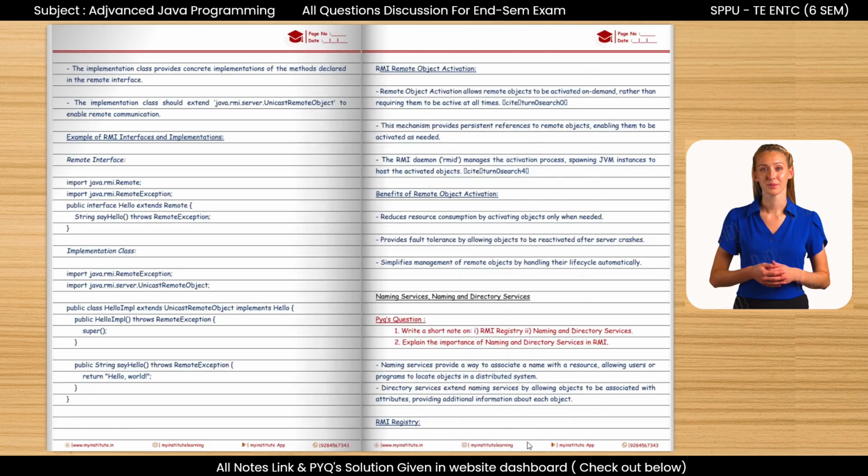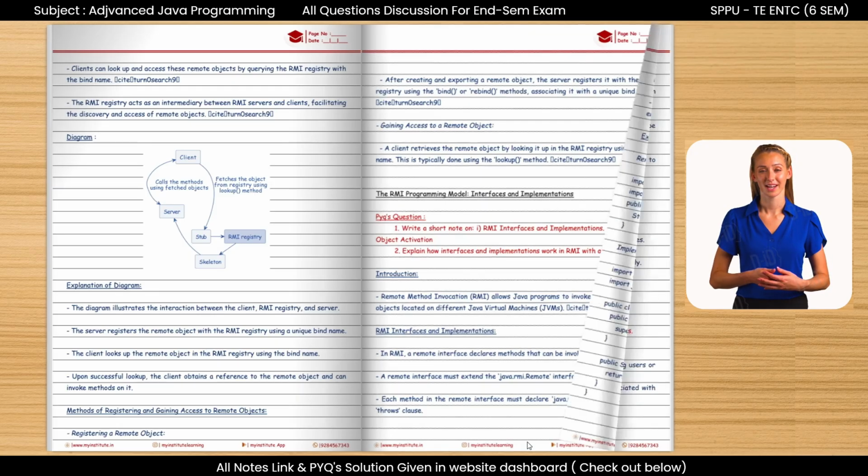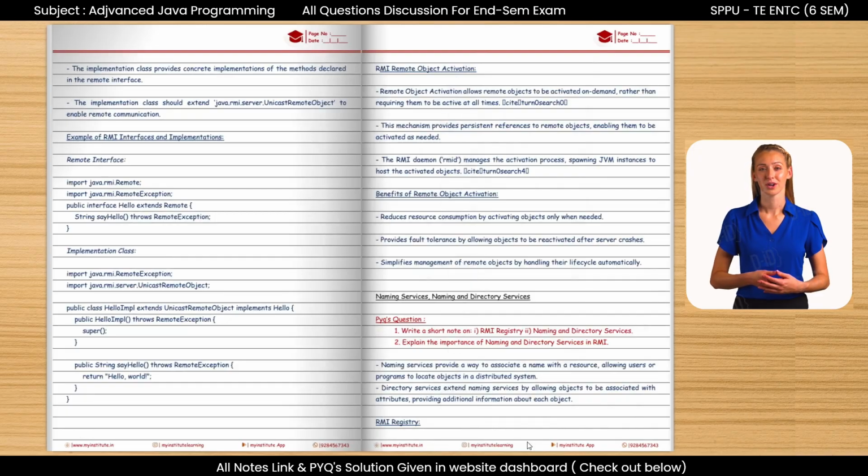Now, let's move on to our next topic, which is how interfaces and implementations work in RMI. From this topic, we can expect the question like, explain how interfaces and implementations work in RMI with an example. In RMI, the client and server communicate using a common interface. The server implements the interface and registers the remote object, while the client looks up the object and invokes its